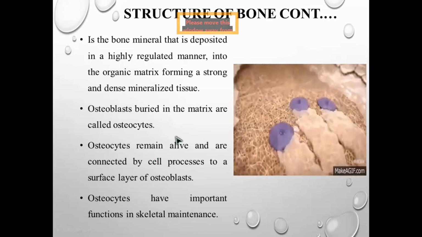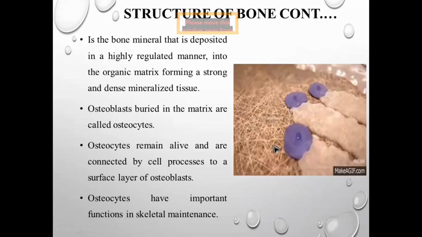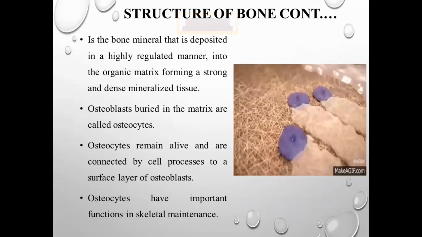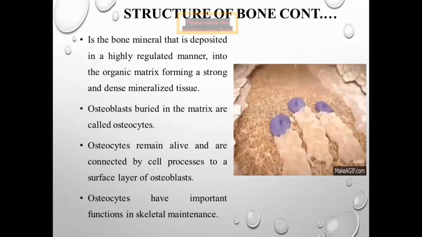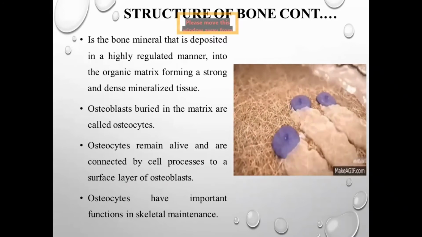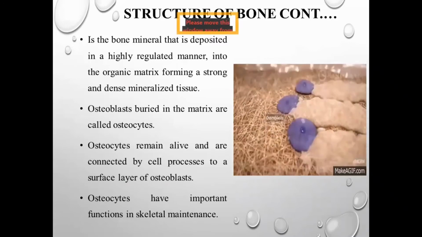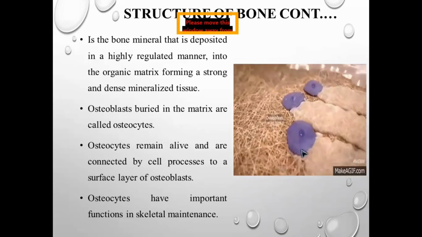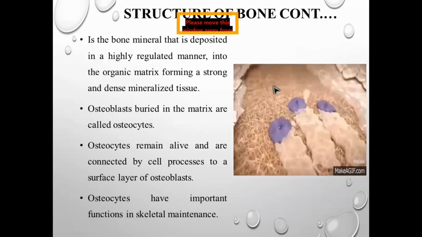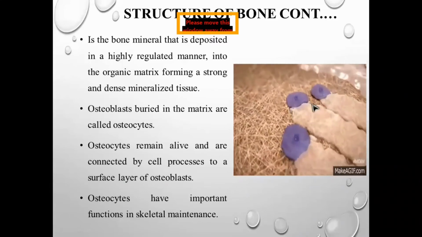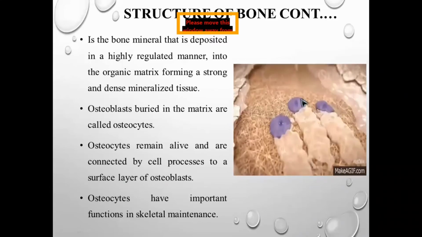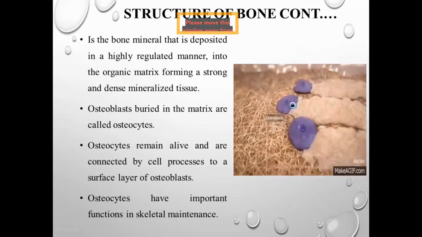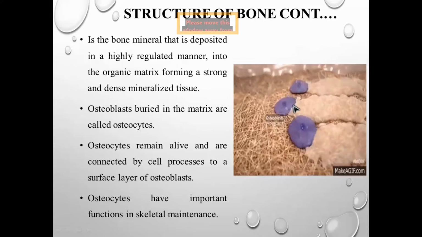The osteocytes remain alive and are connected by cell processes to a surface layer of osteoblasts. Osteocytes have a major function in the skeletal system. Okay, so the main thing: osteoblasts form the bone layer on the bone surface with the help of minerals. In other words, we can say they synthesize the bone. Okay, next we're going to see about the